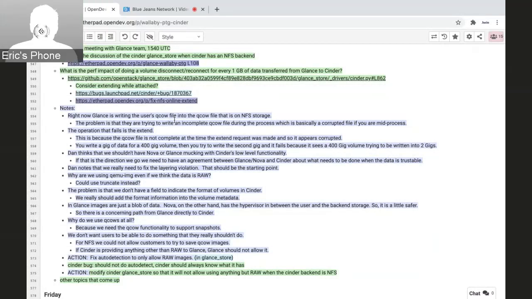Yeah, so thanks for the Etherpad. I forgot about half of this, but part of the reason it was reverted was because when it was first landed, it wasn't considered how it was going to interact with snapshots and encryption. And I think there are a few problems there that had to get sorted out before we could just do this. And then some of our Nova friends went and tested encrypted volumes on NFS as part of this and found even more problems that had nothing to do with extension. And now there's a whole pile of bugs there to figure out too, that I think we're still catching up on.